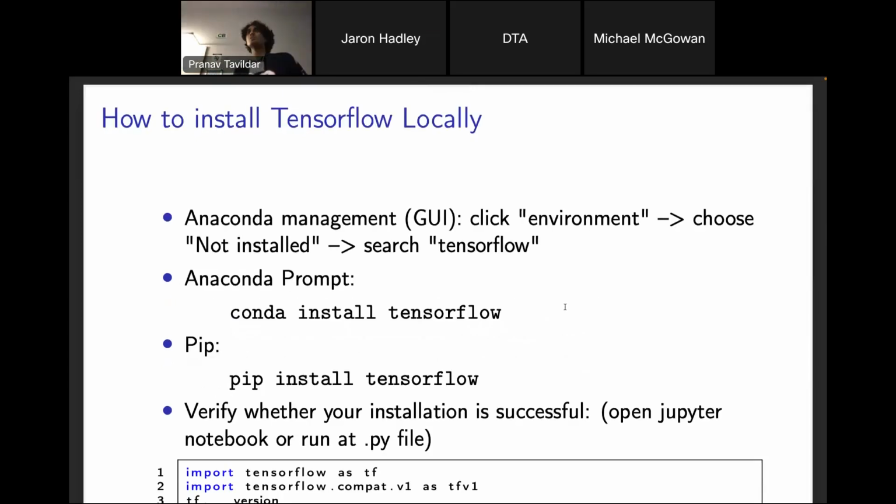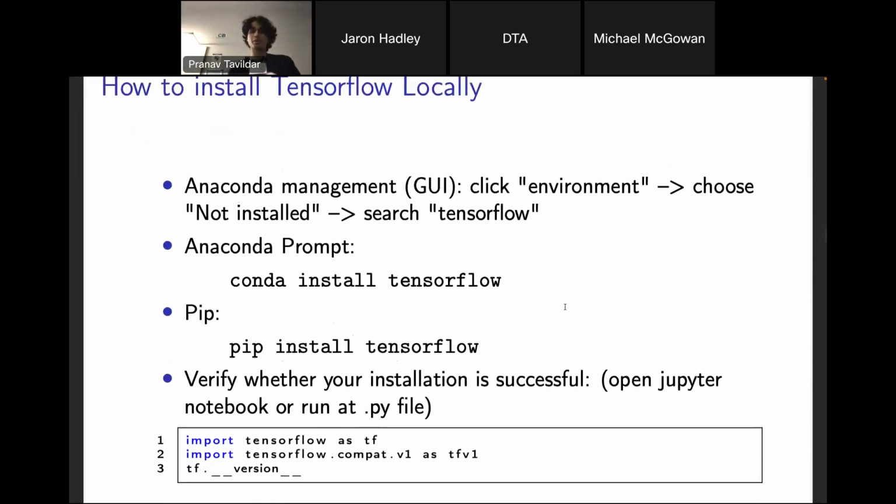Okay, so you don't necessarily need to install TensorFlow locally, but if you would like to do it, there are a few ways to do it. If anyone has Anaconda as a package management system, Anaconda is good because it allows you to sort of compartmentalize some things. But keep in mind, I'm going to show you an alternative where you don't need to install anything locally. If you're interested in installing anything locally, the slides will be up, and these are the commands that you have to run to install these things.